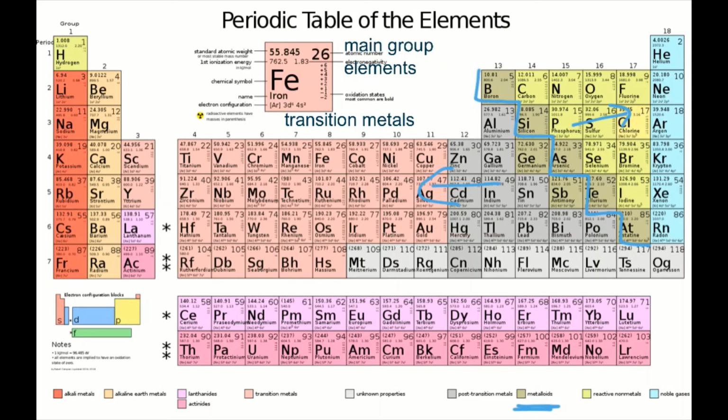So our metalloids are boron, silicon, arsenic, germanium, antimony, tellurium, and polonium. I don't know why this chart says that polonium is a post-transition metal, but polonium is a metalloid. So astatine is a non-metalloid. Astatine is actually a halogen, so ignore the coloring there. Sorry for that. So everything to the left of the metalloids are called metals, and everything to the right of